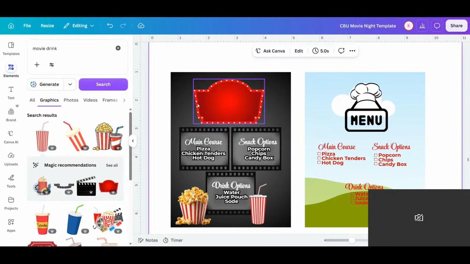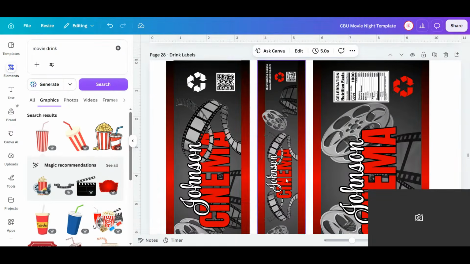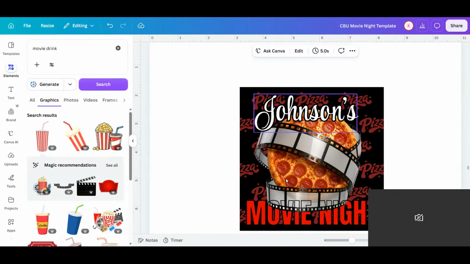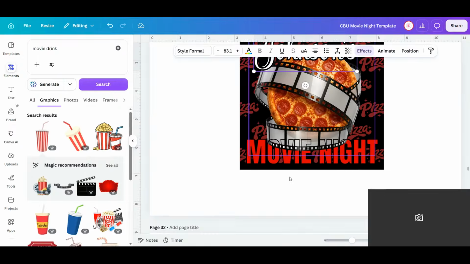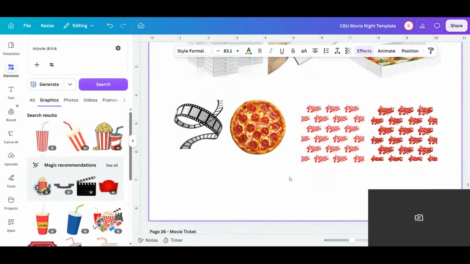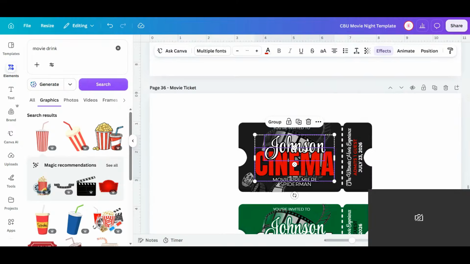And then we could just put Johnson Cinema right there and put menu on the bottom. Let me find it. Copy,